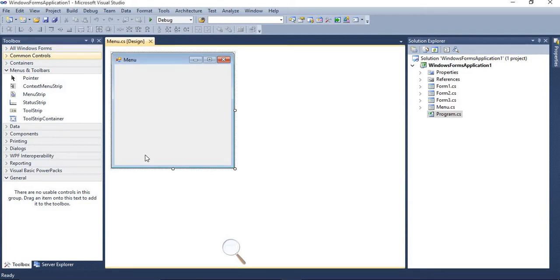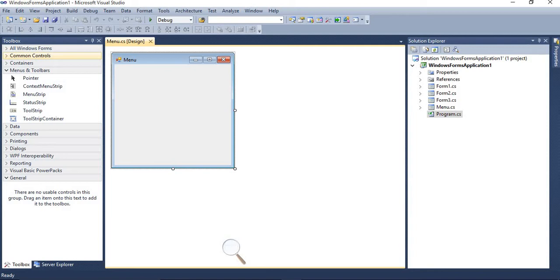Today we will understand the concept of menu in Windows application. Menus are controls that allow a user to make a selection. They also hide the selections that are not needed. Therefore, a menu is used for saving space in a Windows application. Any item that resides on a menu is known as a menu item and represents an individual part of the menu.